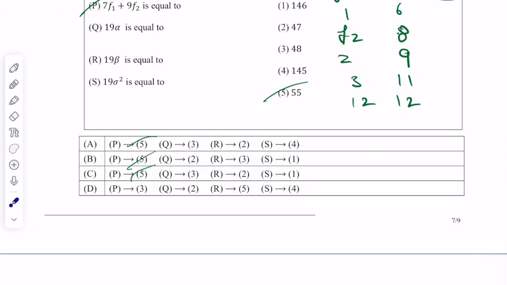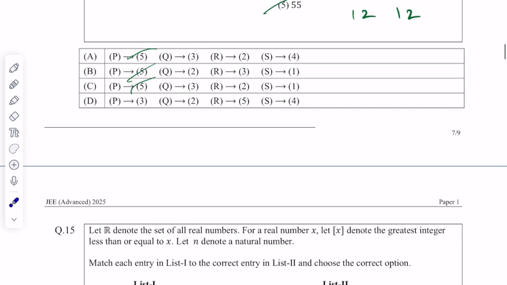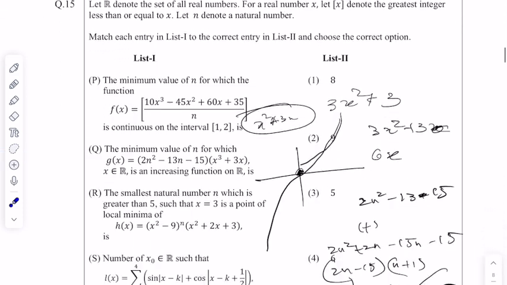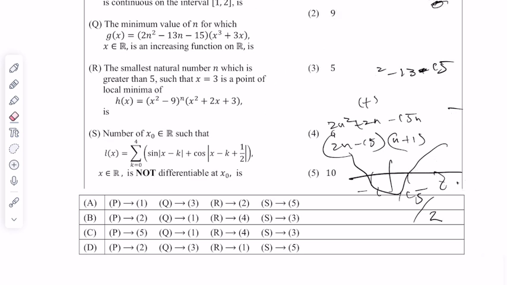Okay, all right, so moving ahead, okay, if we talk about this one, it also looks,